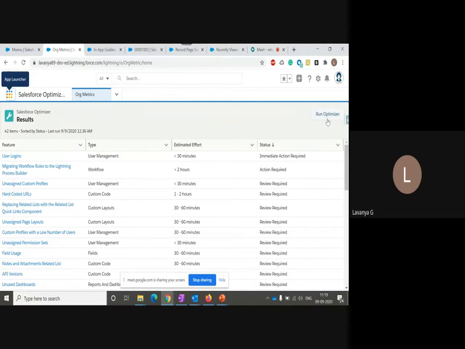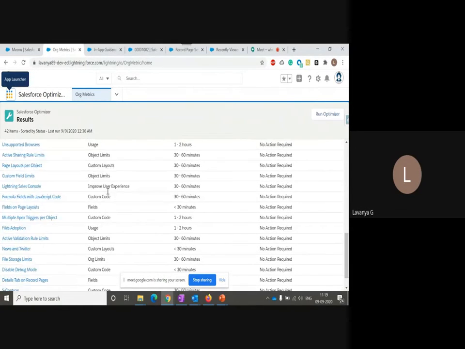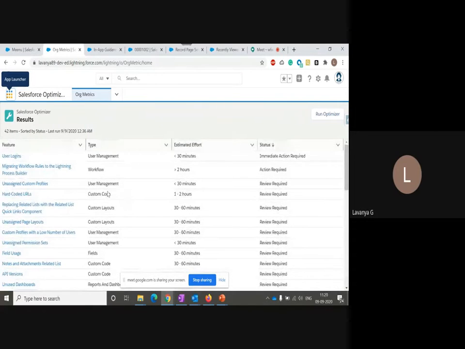After running your optimizer, once the execution is done, it will provide you the records like here, as well as it will send you an email that the optimizer has completed the work along with the PDF. The PDF will not be attached externally through your mail. The PDF will be available under your files section. That is the additional option.